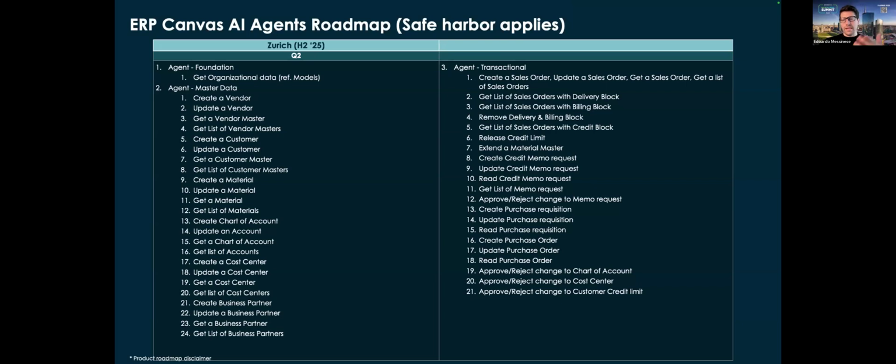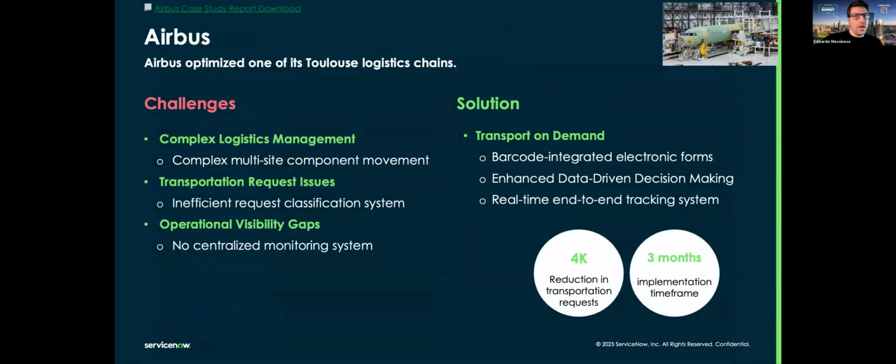Yeah, absolutely. And thanks also for showing and telling real use cases. We brought a couple of use cases just to give you an idea. For example, Airbus, this is a public story. They are managing a complex logistic shift, multi-site, etc. So they place the workflow. The examples are really important because